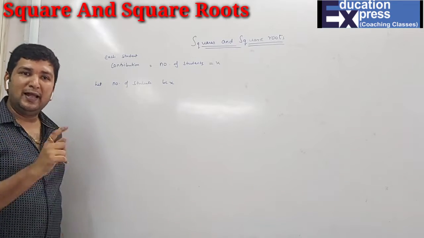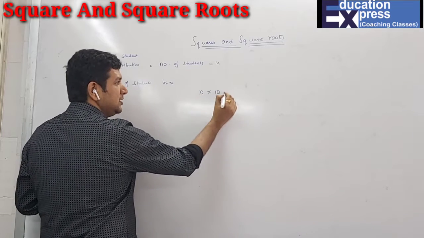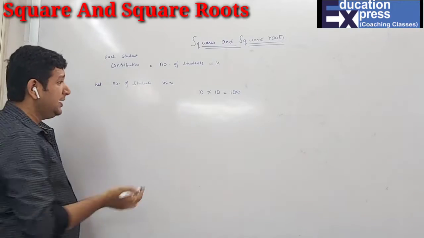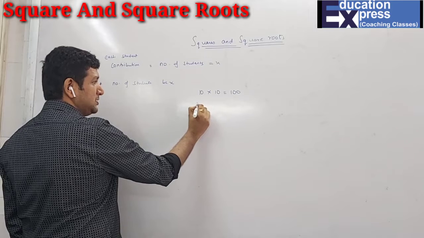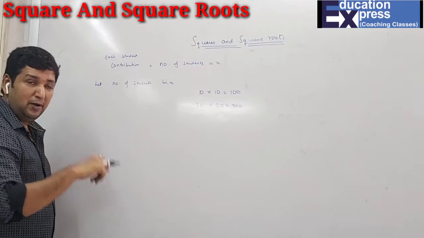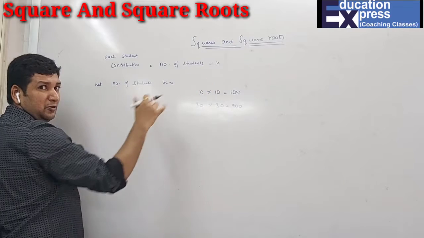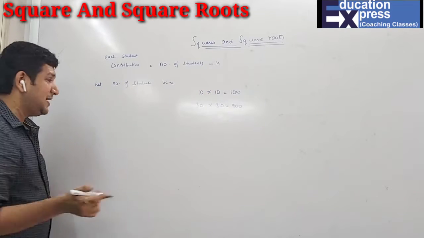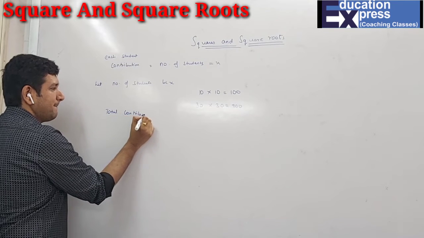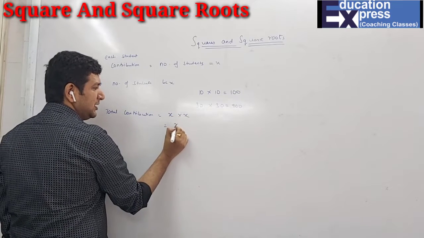So what is the total collection? So you will say, sir, 10 students, each is contributing 10 rupees. Total contribution will be what? 10 into 10, 100. In case one person is contributing 30 rupees and there are 30 students, 30 into 30 is how much? 900. Similarly over here, the number of students are also X and the contribution also is what? What each student is giving, the contribution also is X. So the total contribution will be nothing but X into X, which is nothing but X square.